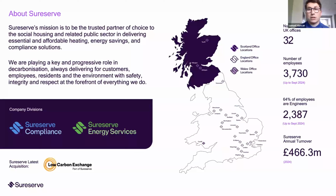As you can see, we've got a variety of offices spread around the UK, how many employees we've got, and how many of those employees are engineers. We've also got the divisions with the energy services, and the latest acquisition is the low carbon exchange. So as you can see, we are generally quite an energy efficient sort of company. We want to make sure that that is something that we are pushing and we are actively trying to increase